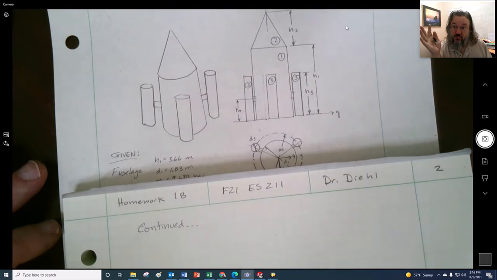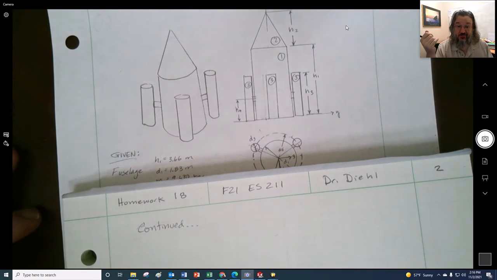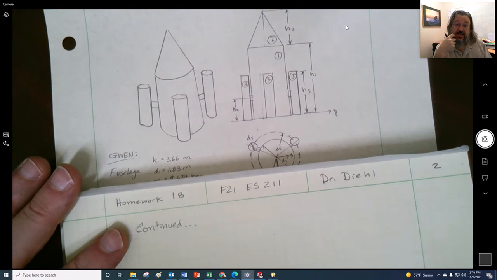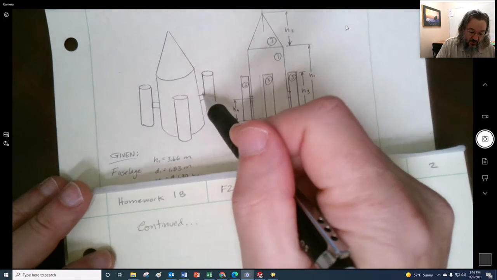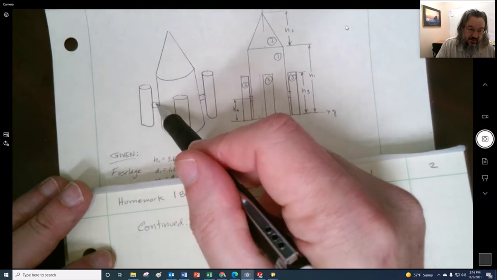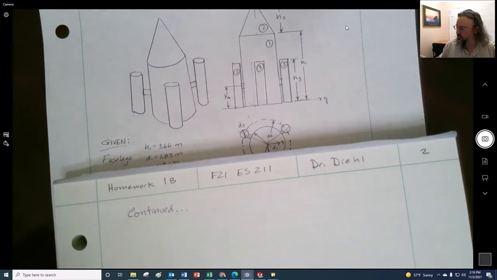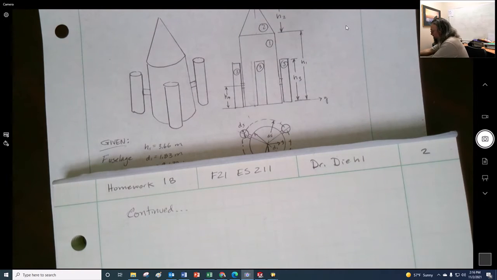And the X and the Y are not the same in this one, so that's a little bit of a, and I think actually we're going to have a little bit of a hard time with this piece right there, I suspect. I have to put a little extra thought into it. But most everything in this, with the exception of the cone, is going to be a mass moment of inertia that we would get, if I can find it,